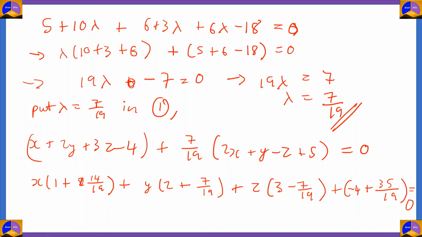Okay, now it's the final step. Let's simplify the brackets. So 1 plus 14 by 19 will be equal to 19 plus 14 divided by 19. So that is 33 by 19 x plus 2 plus 7 by 19. So 19 times 2 is 38. 38 plus 7 is 45. So 45 by 19 y plus